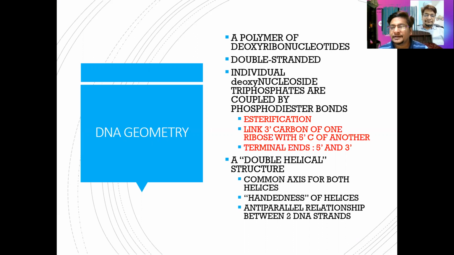And the nucleotides will have the phosphodiester bond, which when formed is a kind of esterification reaction where carbon number 3 of the ribose is going to be attached with the 5 carbon. The 5 carbon is going to have the phosphate group which is attached to the OH group, and this 3' OH group will be free, and this 3' OH group is going to be connected with the phosphate group of carbon number 5. This is how the structure is created.